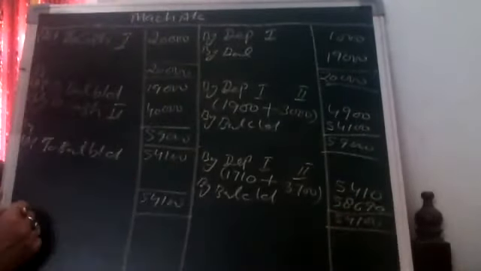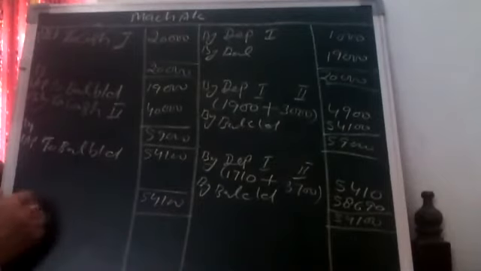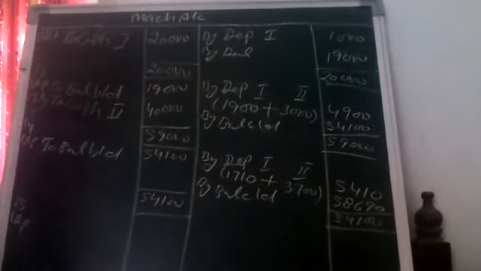This is the balancing figure. On 1st April 15, we will transfer it to balance BD. This is 58,690. This is the balancing figure. Now,